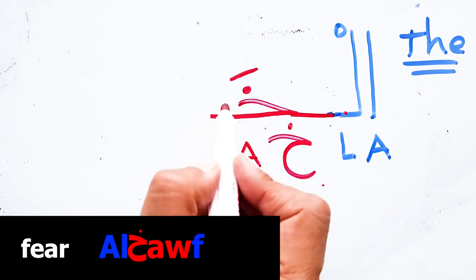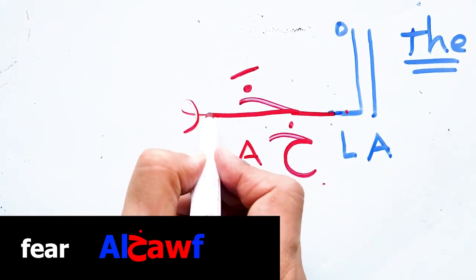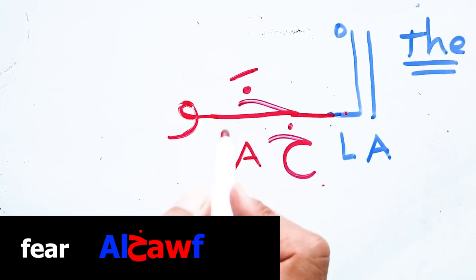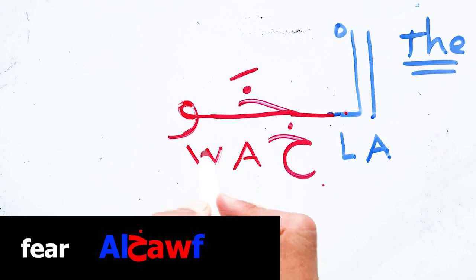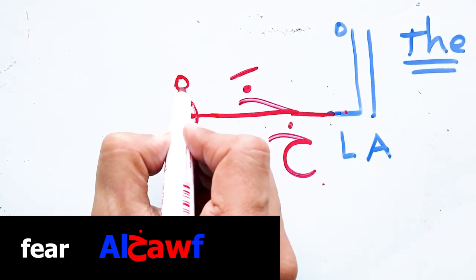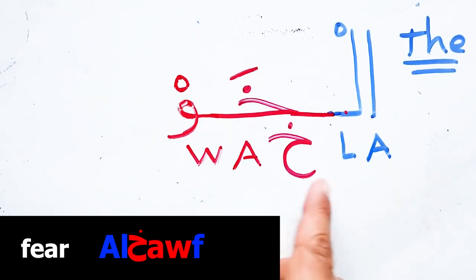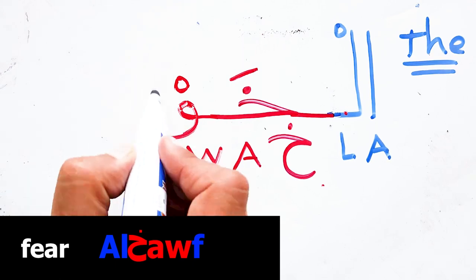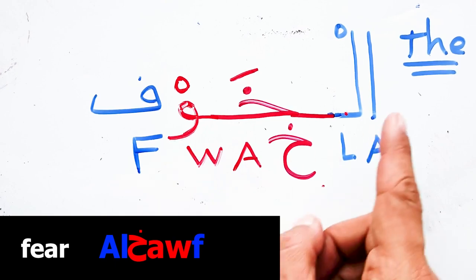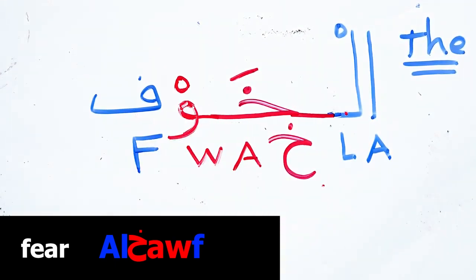Al khaw. We have the sound of W here, but I pause on the W. So I will write it here. I should start from this side. Okay, now I forgot. Start from the right or the left. Everything is mixed. But anyway, I'm gonna add sukoon because I must pause on this waw. So I will say al khaw, al khawf. الخوف.